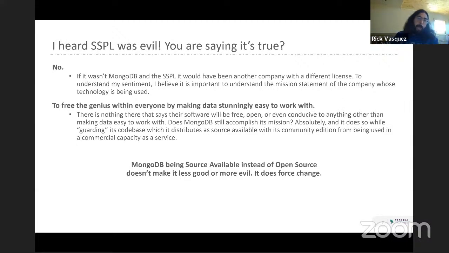And really, if we look at the mission statement for MongoDB, it's to free the genius within everyone by making data stunningly easy to work with. Nothing about that says we want to be open source. Now, when you look at that mission statement, it's really easy to see the path that Mongo has gone on in Atlas to make data stunningly easy to use. Now they're guarding their code base with SSPL,